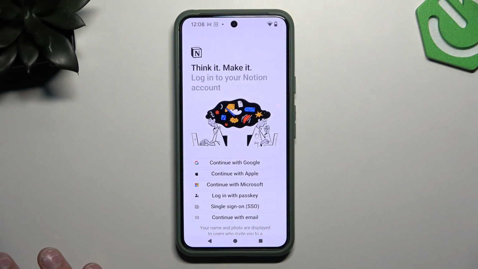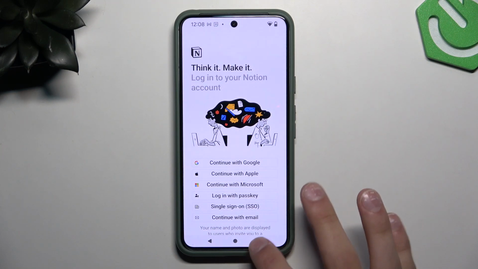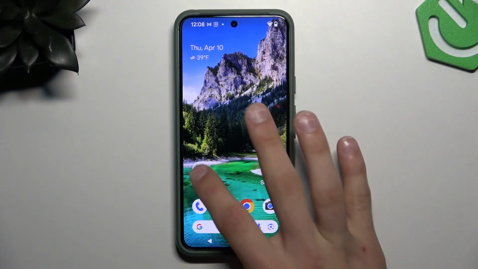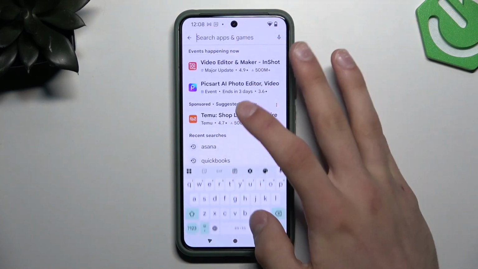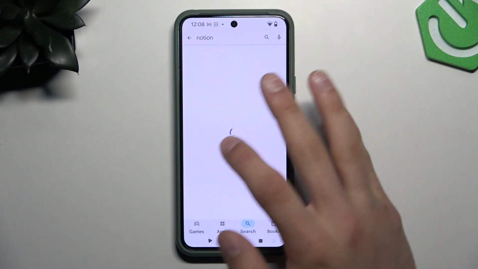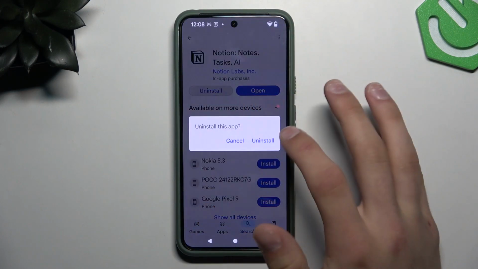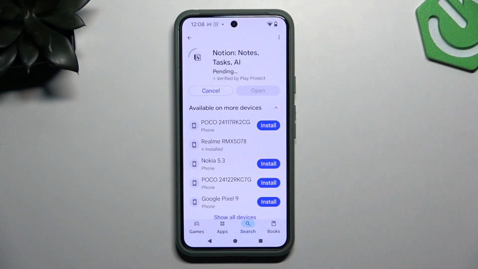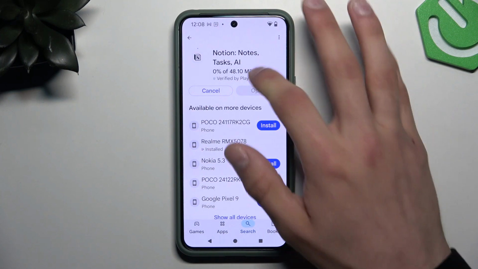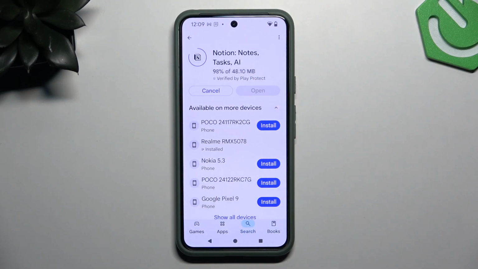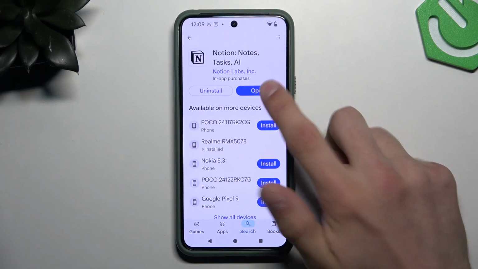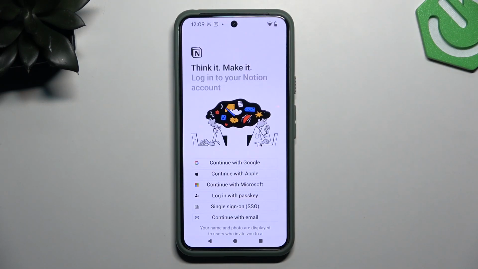And the third step is to reinstall the app. Let's go to the Play Store, search for Notion, uninstall, and install it again. So now the application is installed, and if it didn't help you, the last two steps you can do are